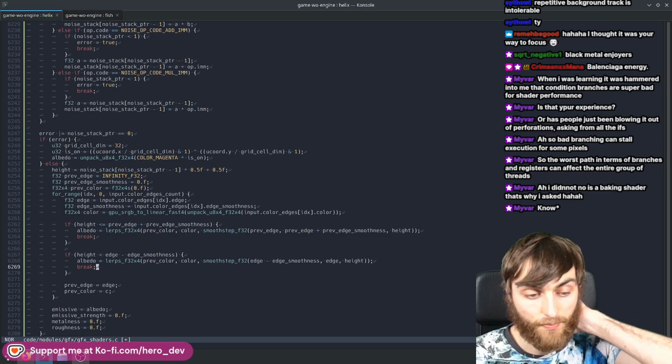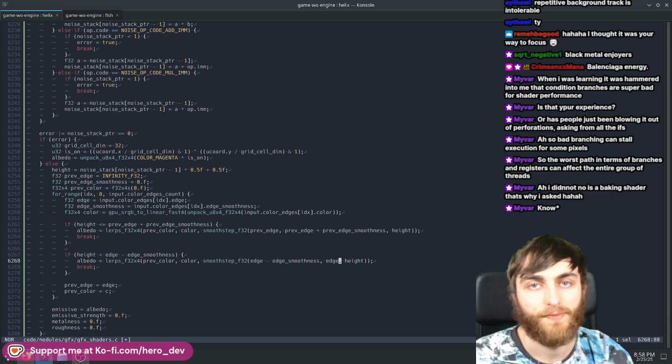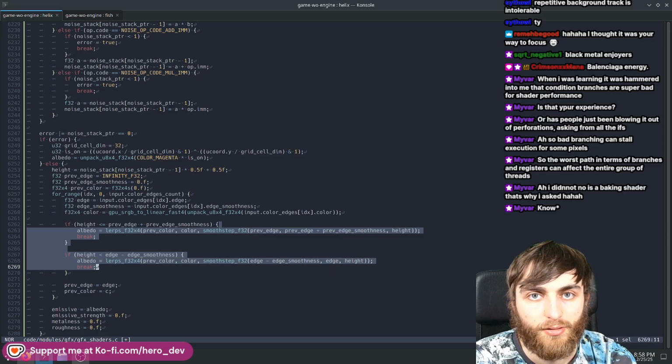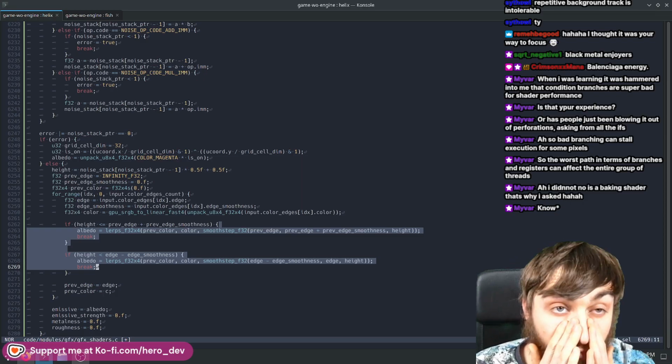Now there is a problem with this code, and that is both of these if statements can be true. So if you have two edges where